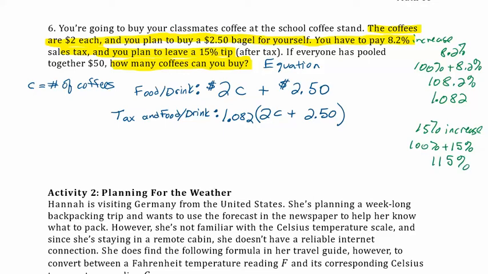So we're going to pay 115% of all that. Because we're going to pay all that, that's the 100%, plus 15% of that for the tip. So if we want the tip, the tax, the food, the drink,